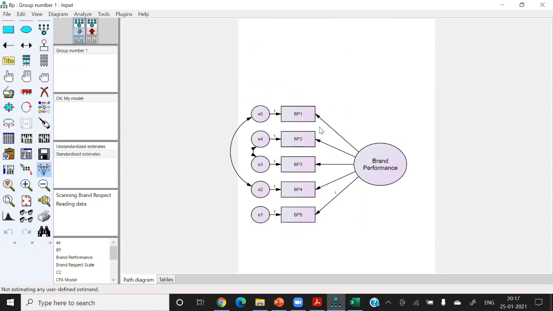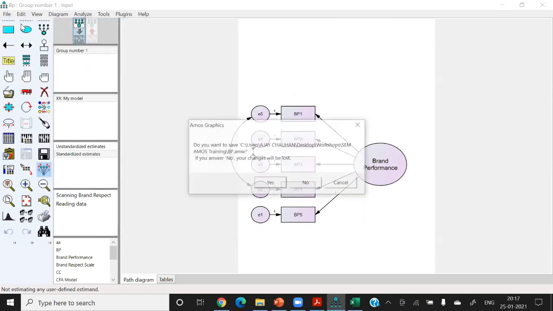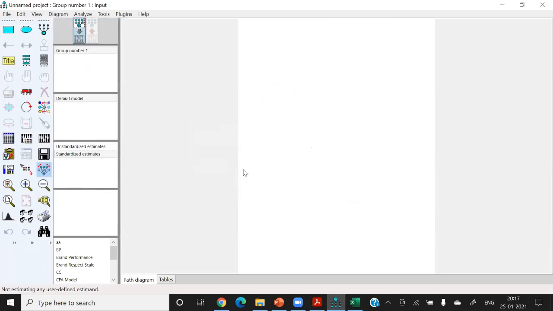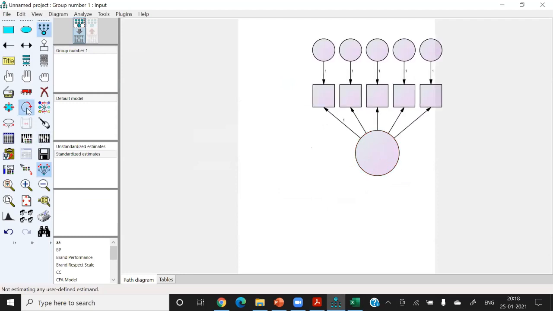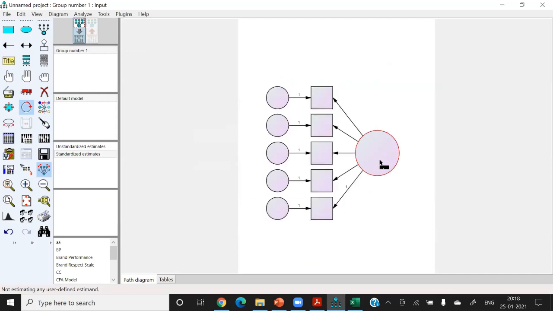Let me open a new diagram. Now we reach a blank page. Take here C1, make a construct with 5 items, and draw the diagram in this way.